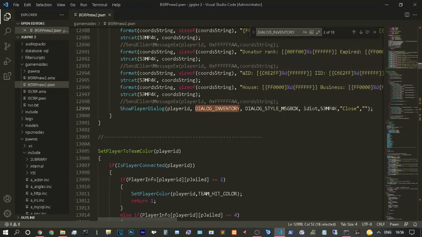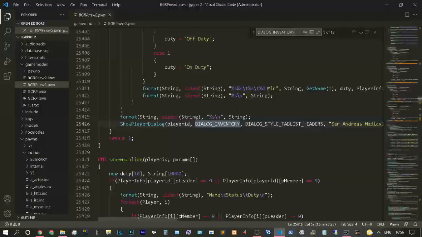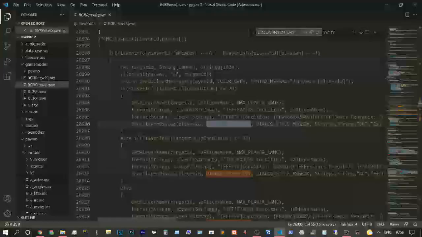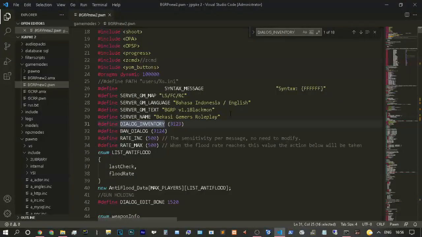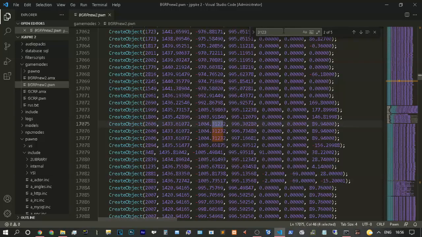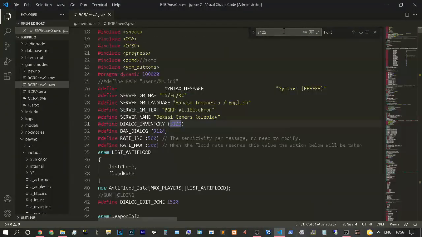And we can show this dialog inventory, but nobody responds to this dialog inventory. Okay, we can find this response dialog with equal